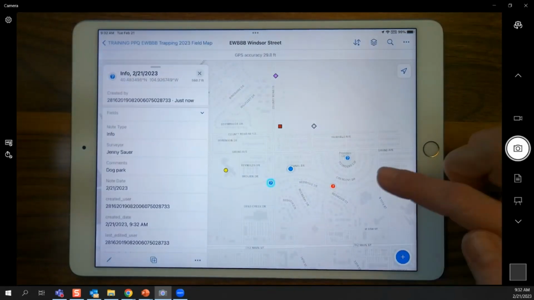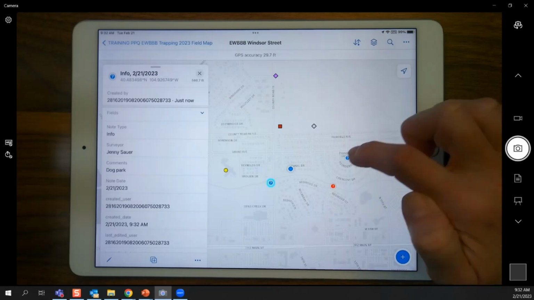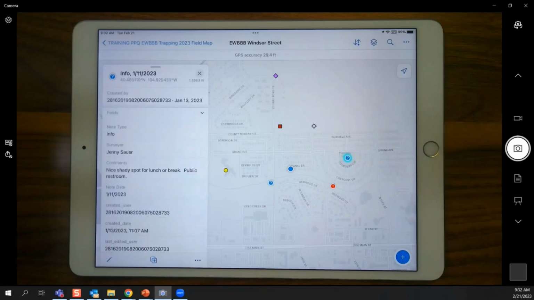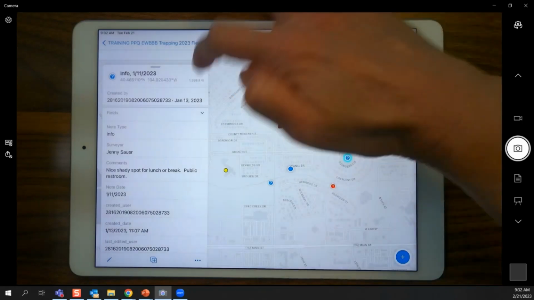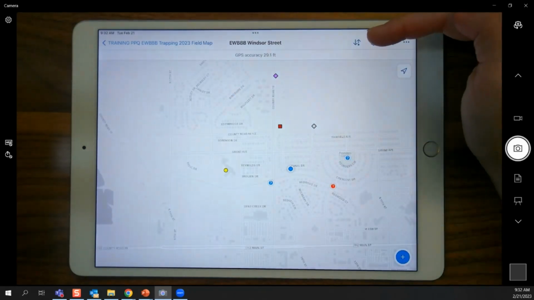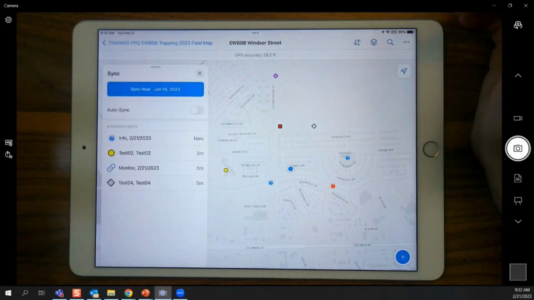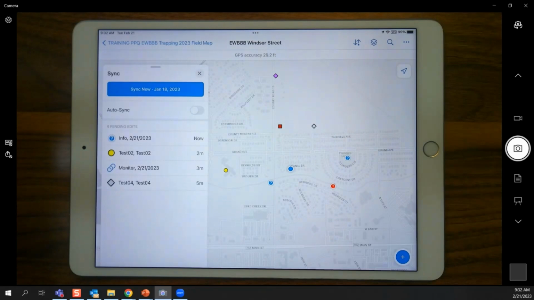So there's an idea. Another idea I had for info over here, it's in a park. I just said nice shady spot for lunch or break, public restroom. That might be nice if you're out trapping for the day. So there's a couple of ideas there. So I'm going to close that up, but you can see I have a sync button here that says please sync. I'm going to go ahead and tap that